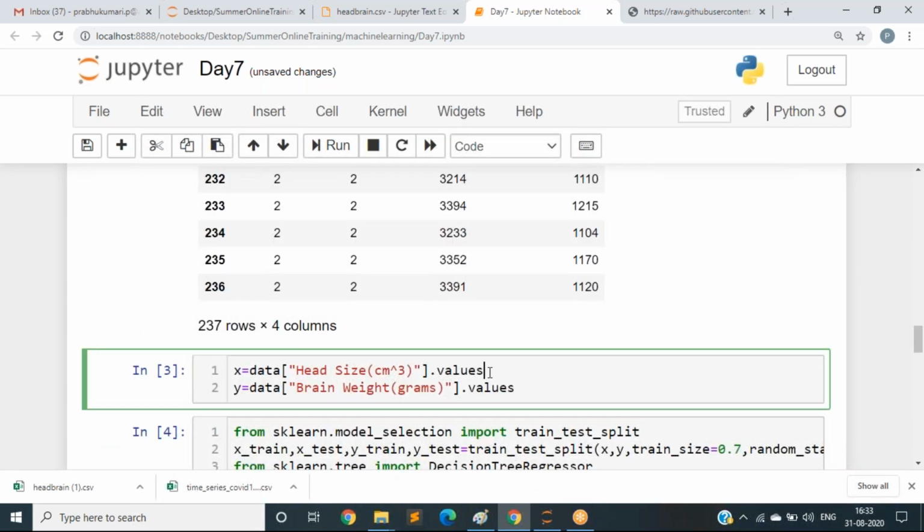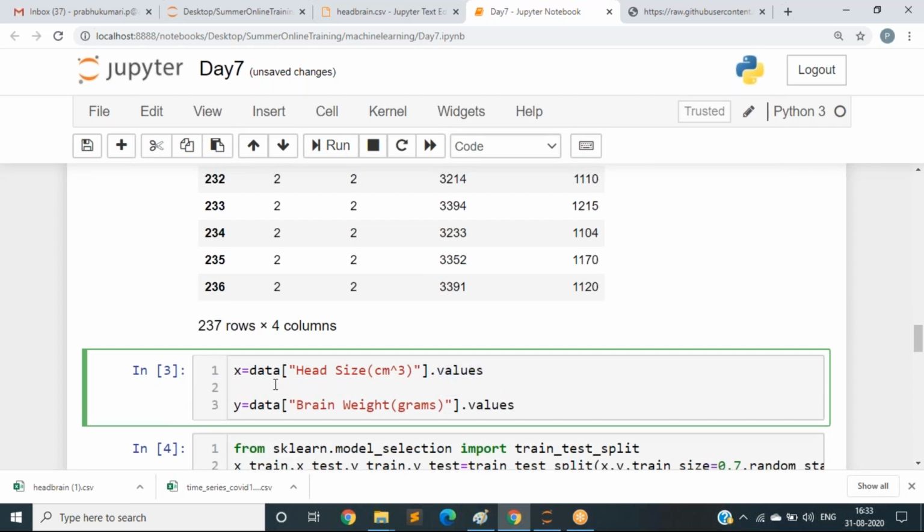Here I am converting them into values, nothing but to an array, and an array means nothing but a matrix. To do some calculations, we need to fix the shape. I will tell you an example. If you want to multiply two matrices, the shape should match, as you already learned in matrices. It should have some rows and columns matched. To handle that, we should reshape our data.